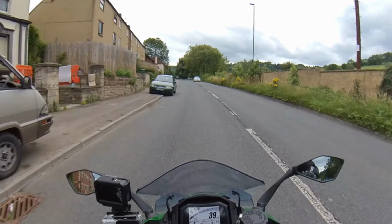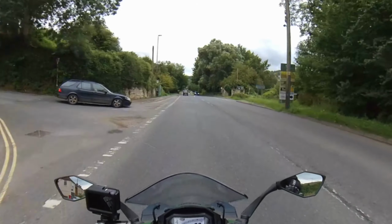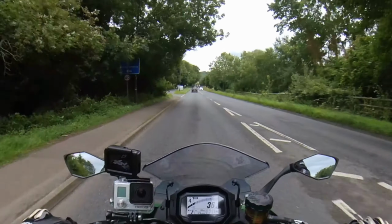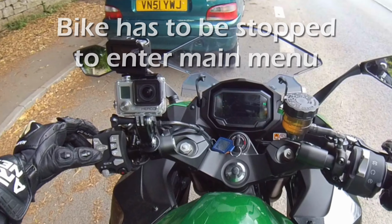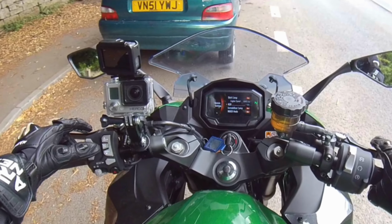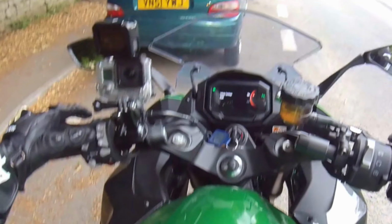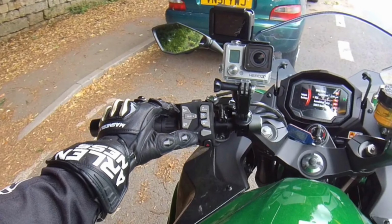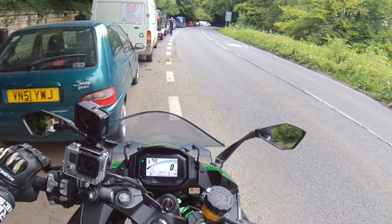Now, what I want to do, I mentioned this earlier on, the quick shifter is something you can switch on or off. I don't know why, but I'm going to go through the menus here and try and turn it on. Please tell me I can do this with the engine running. There we go. So, vehicle settings. There we are, KQS. So I'll push over, select to grab it. Push up on the mode buttons to select. Push right again on select to accept that. You can see it's on now. Then reset, that's basically your back button through the menus. Why you would want to switch it off? Anyway,